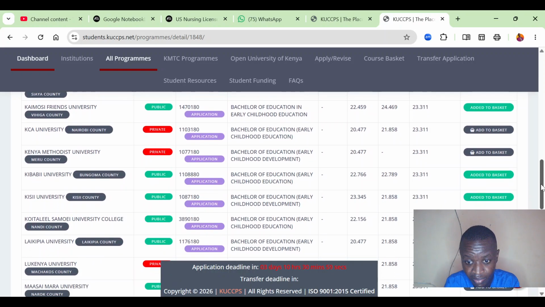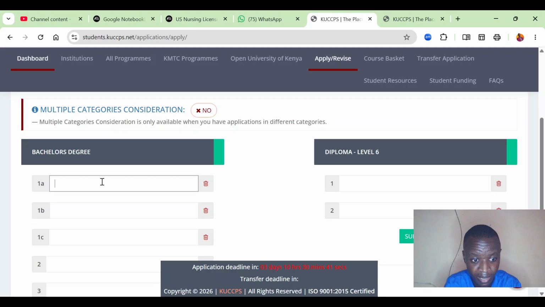Let's try look at Kibabi. Kibabi, we are having 22, 22, and she has 23. Of course, we can go with this as our first option. So you just come get this code, okay? So it's 101. So you just come now, you come back from an A, that is